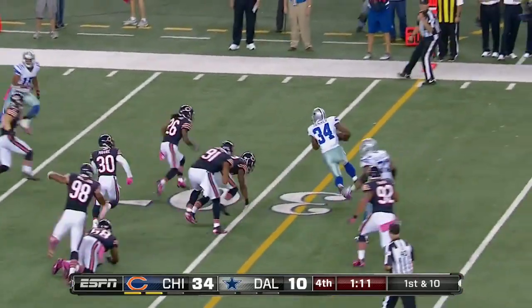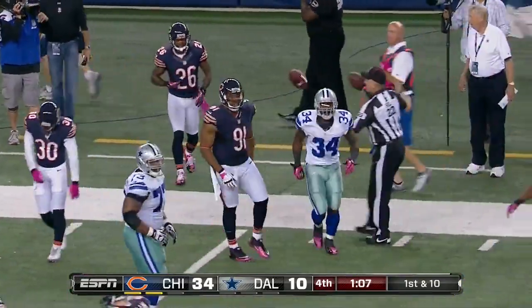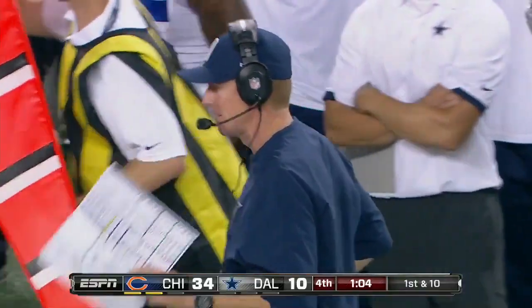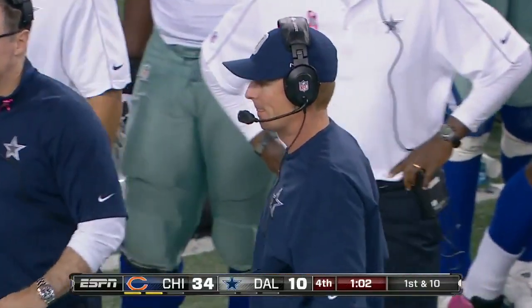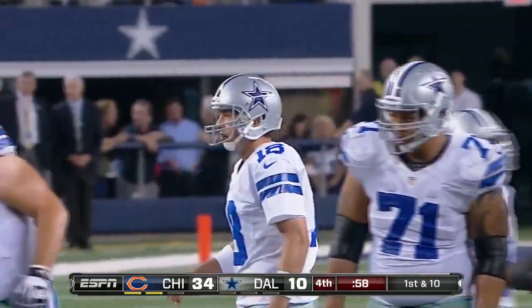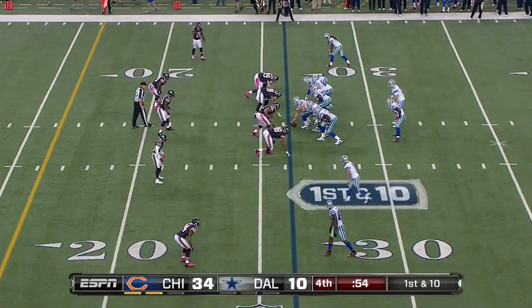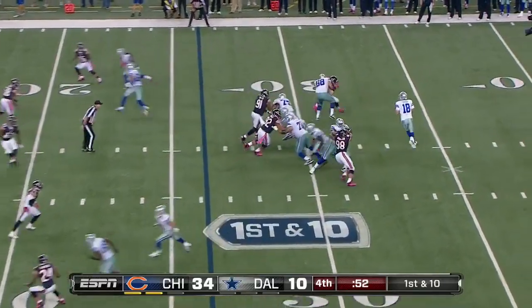Philip Tanner spins out of a tackle, takes it to the 26. Dallas will play at Baltimore and at Carolina. Baltimore is now a place to get your run game healthy, and they need to in your mind. Well, when you run the ball 53 times for 128 yards in 3 games, you look up in the rafters, Emmitt Smith,